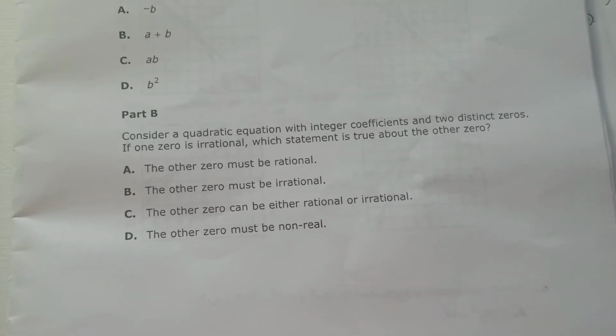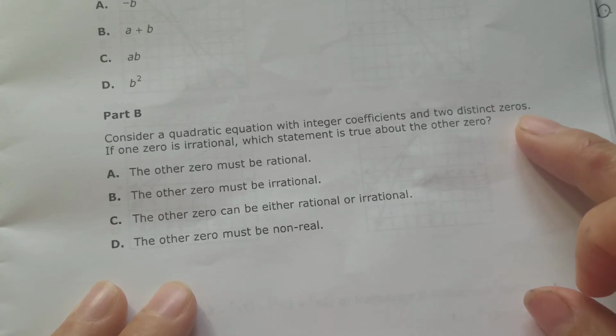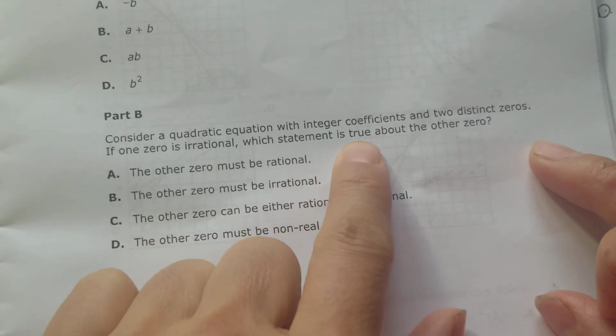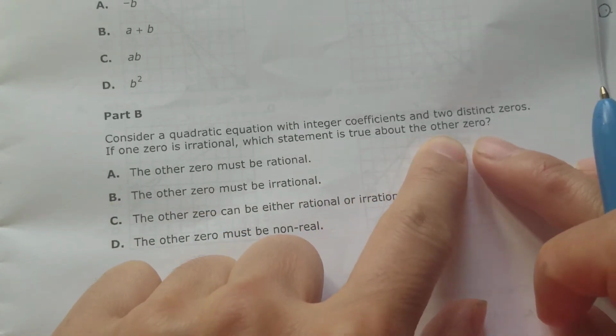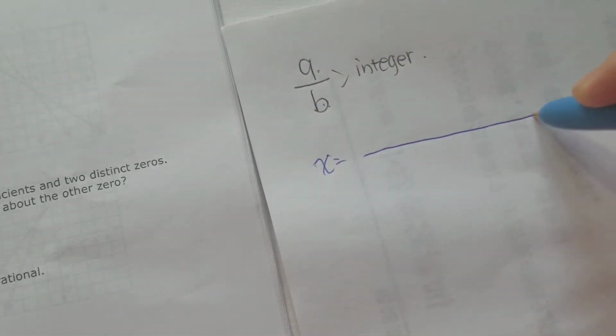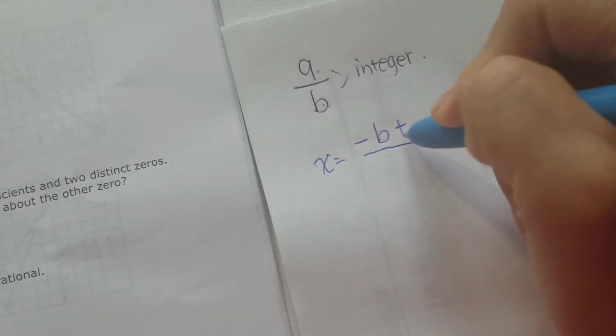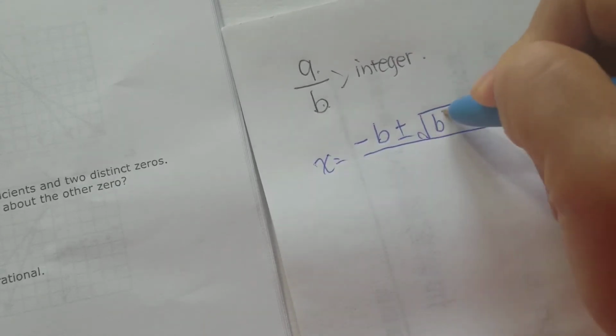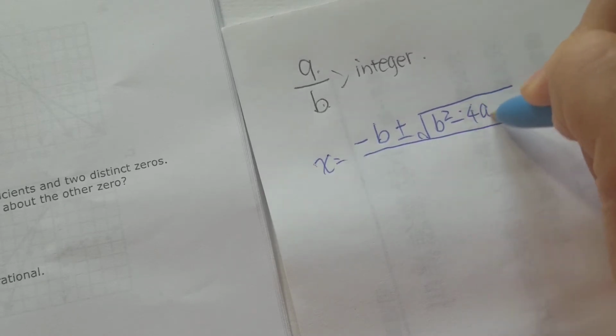Consider a quadratic function with integer coefficients and two distinct zeros. If one zero is irrational, which statement is true about the other zero? Now let's see a quadratic function. We can write down the solution as x equals negative b plus minus square root of b squared minus 4ac